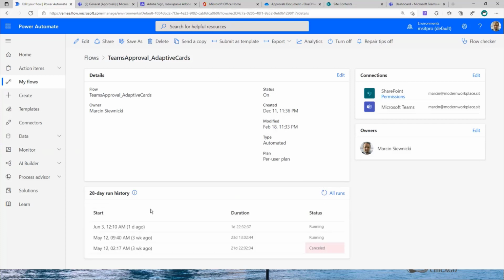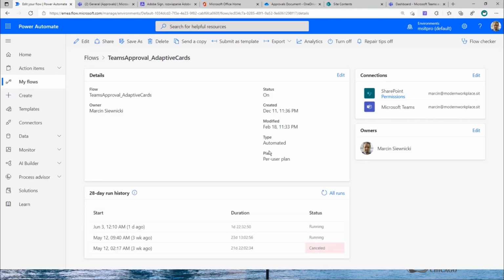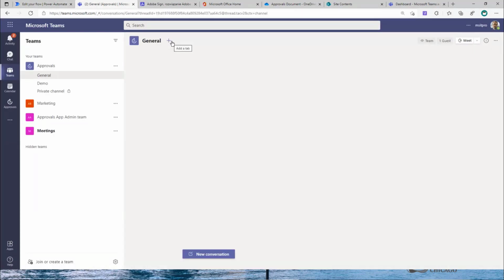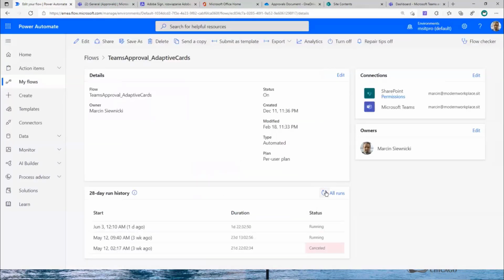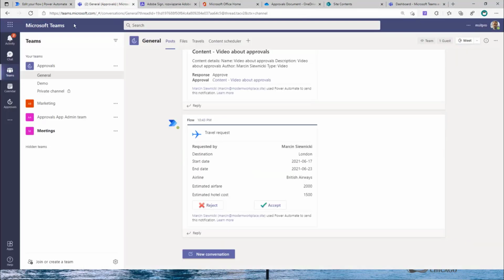And this flow sent an adaptive card message directly to Teams channel with very custom information. And it should be visible here in this channel. So let's wait a few. Yeah, running. So if I go back to Teams, and here we have this